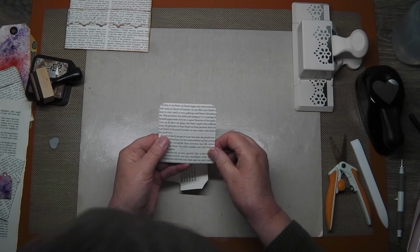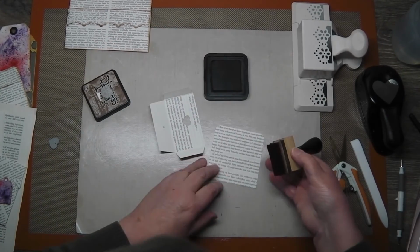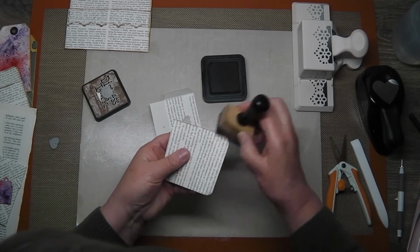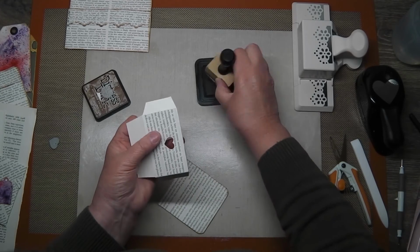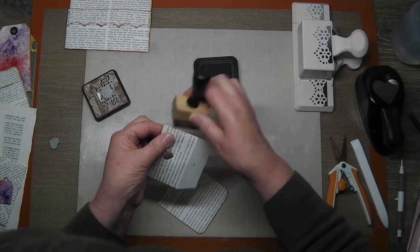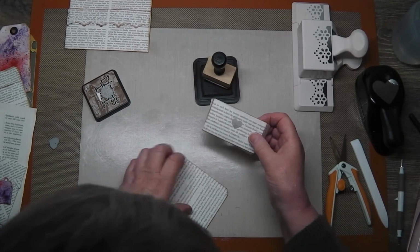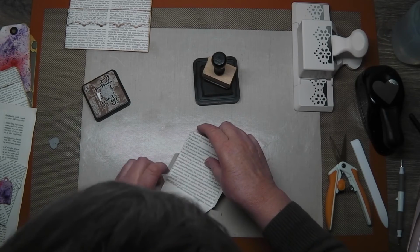I don't think I'll edge, yes I will edge this one. I wasn't going to, but I think I will. It does help to give it a finished look, and certainly if you're adding them to a journal, distressing the edge with the same ink, inking the edges with the same type of ink or the same colour, even if it's different fonts and different colour, page, different type of book, that sort of thing, it does tend to give it a slightly more cohesive look,